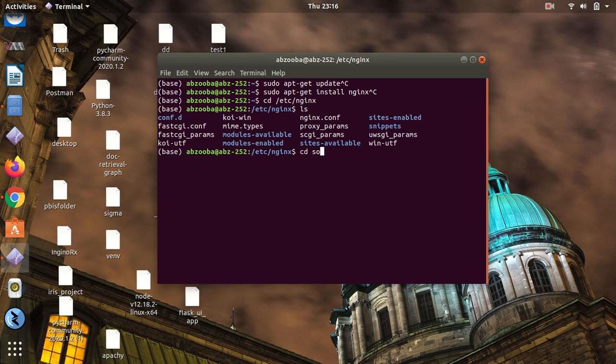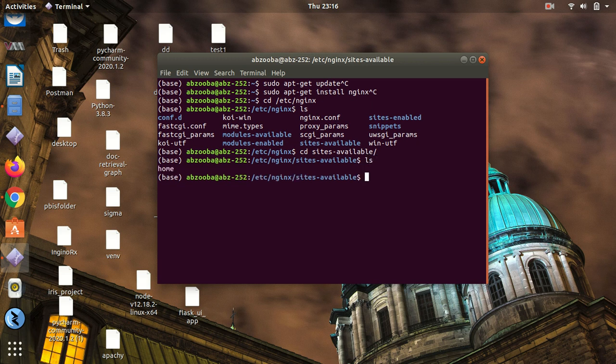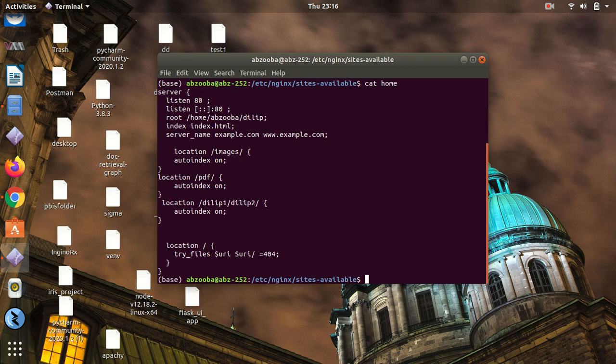So we can go in the sites-available folder, and under sites-available we will create a file which has no extension. In my case, I have created a file called home, so we can write the content inside, where we are very much interested.